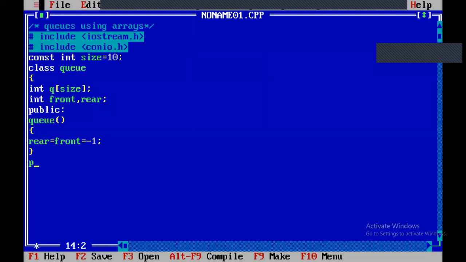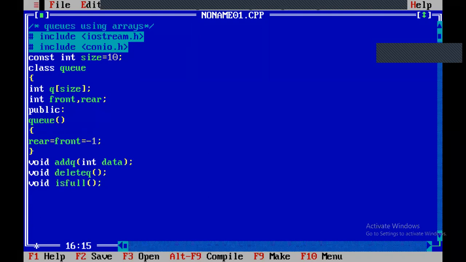Then we need to write the functions. We have different functions: void addq or nq, you may write addq or nq, with int data; void deleteq; void isfull; void isempty; void display.